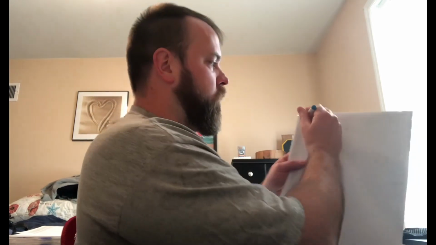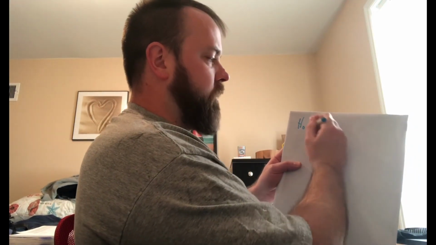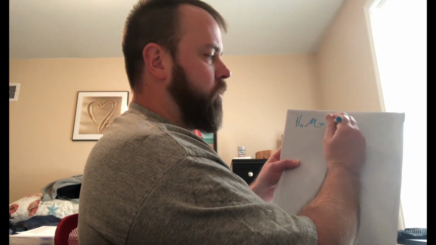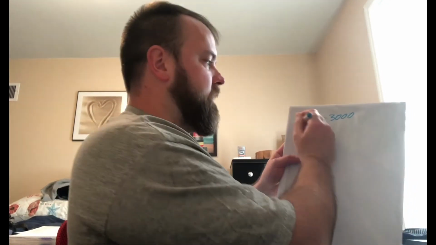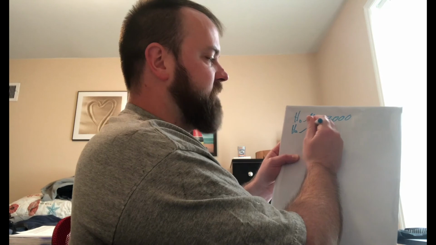Now, this is not a problem from the book, but let's just say there's an athlete, and we want to do a test to make sure he's getting enough calories to keep up his weight with all the training that he's doing. So let's say we're doing a hypothesis test to make sure he's not going under. We want to take his average calorie intake, and let's say mu equals 3,000. That's what they're estimating his calorie intake needs to be, and we just want to test to make sure he's not going under. So we're looking at less than